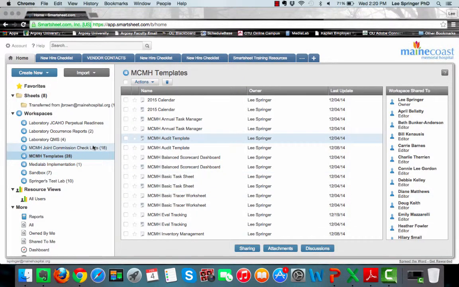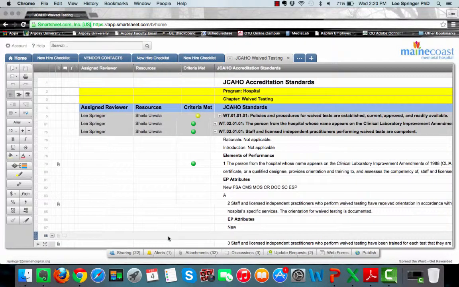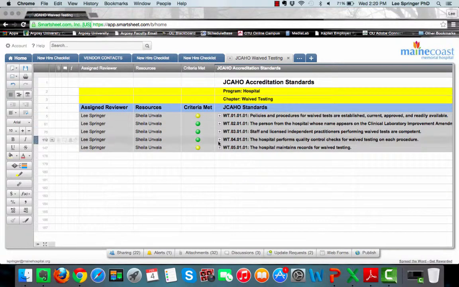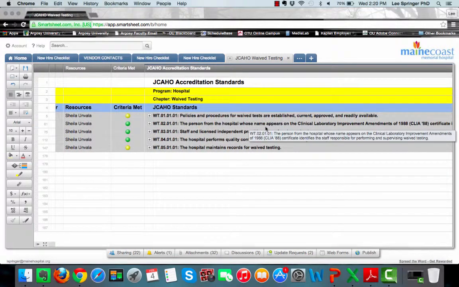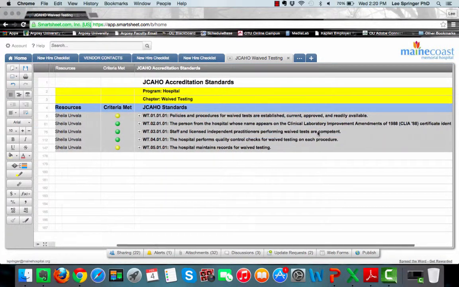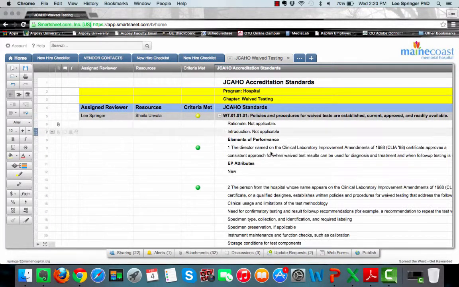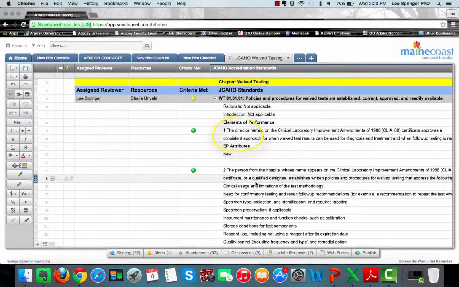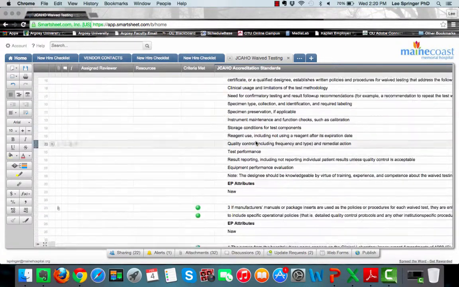So we're going to go ahead and look at one of the chapters here, and I'll open up wave testing because there's quite a bit documented in here. Now, when you look at this, you'll see who's assigned to it, you'll see the resources, and then you have the criteria met. You'll have the main standard statement there, and then you'll have the notes and comments. So if I expand this out, I'll see I have all these EP attributes, and these are things that I need to meet for the